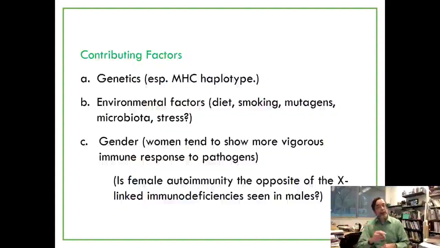Remember, we had the X-linked immunodeficiency that showed up in the boy that we talked about, the case study a few case studies back. It seems to me, and this is actually just a guess, but I know that female autoimmunity is real. I know that male immunodeficiency is real. So maybe it's related to the fact that if you have two X chromosomes, you're more likely to have a more active and more reactive immune system. See what you think when we get to the end of the journal club, because that's going to have a little more about this.